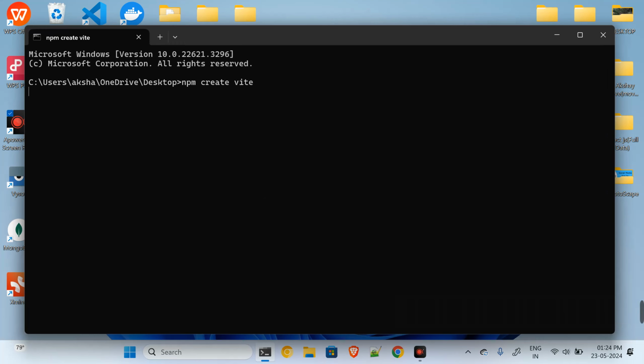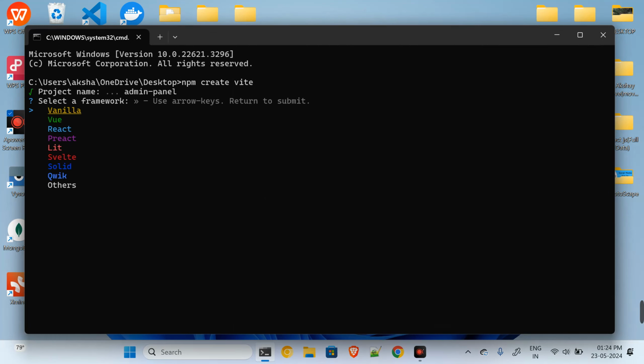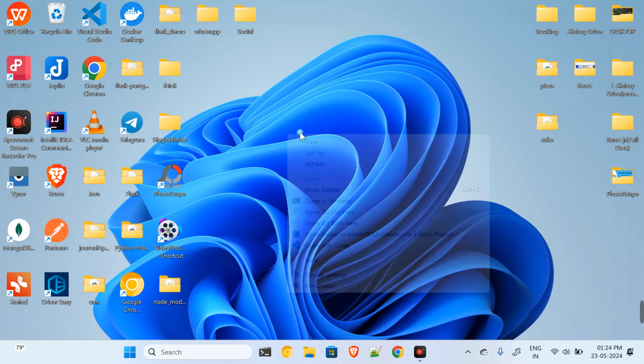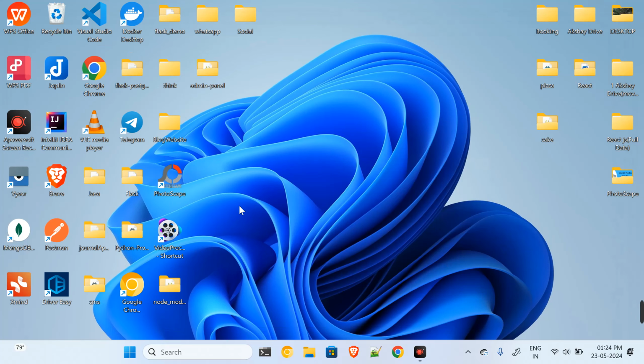In this tutorial, I will show you how to create an admin panel with Material UI. I will create a repository for the admin panel with the help of React, and I will use JavaScript in this. Now let's do one thing. That admin panel will be created on the desktop. Here it is. So now I will open this admin panel with the